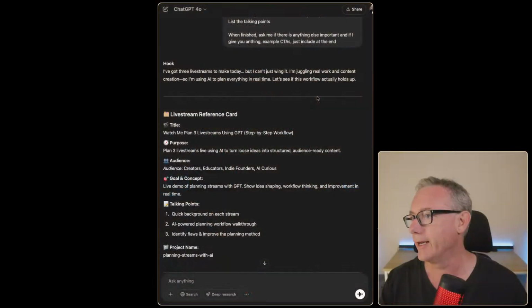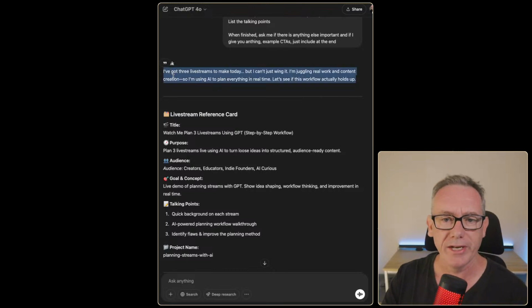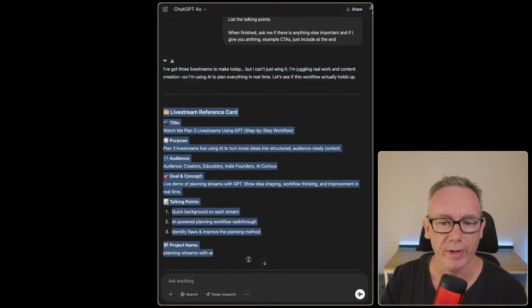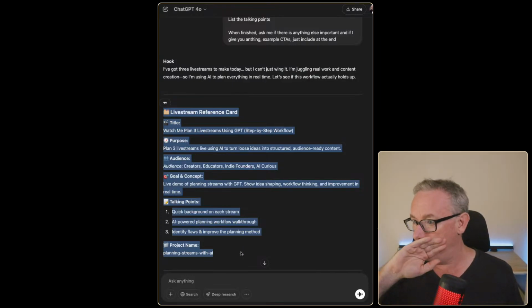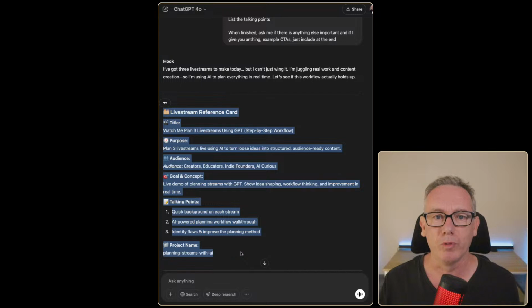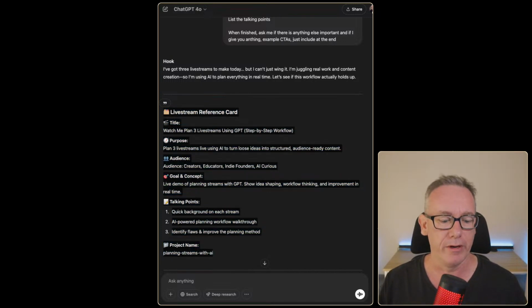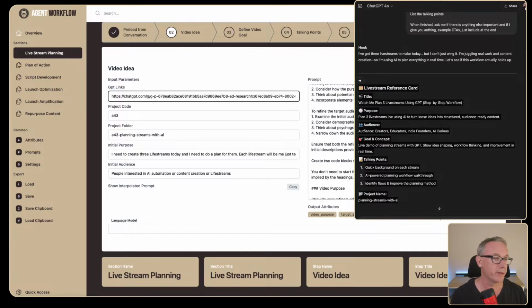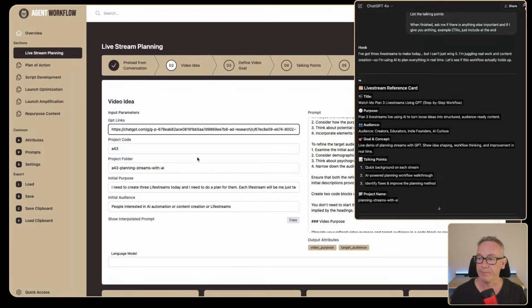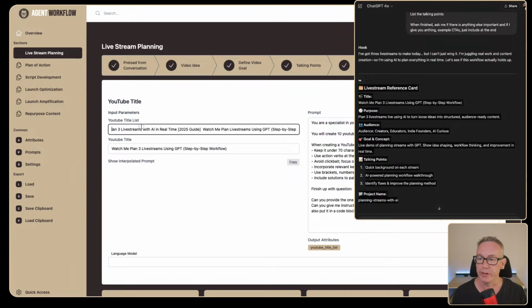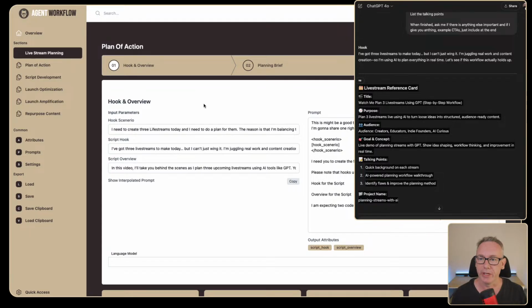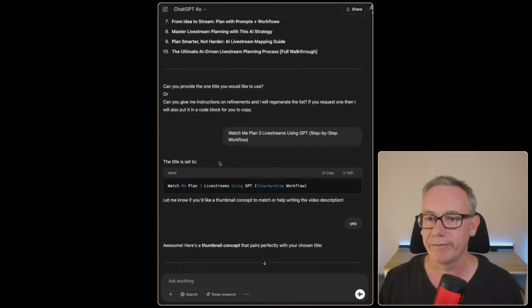So let's get into this, and we'll have a look at the reference card I was just reading from. So I just talked about a bit of a hook. This is what we're dealing with today. And this is created as part of a workflow that I did. And the workflow, if we can bring that up as well, I think it's going to be over here, is right here. So this was the live stream planning. The YouTube title that you're watching is right here. And there's other information going on down below. But we don't need to worry too much about it right now because we're going to be planning different workflows.